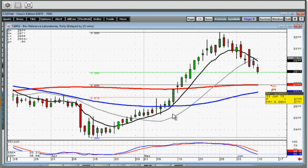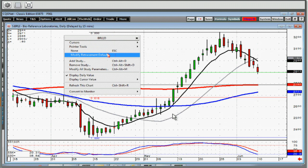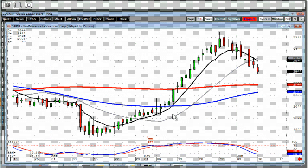I hear you talking about waves and fibs, yes. So how much or what parts of Elliott wave and Fibonacci retracements do you need? You don't need to. Probably on all charting services, all you have to know about Fibonacci retracements, let me see if I can take this off, is that on all charts right over here, I've got a little button that says Fibonacci. All you have to do is hit it,